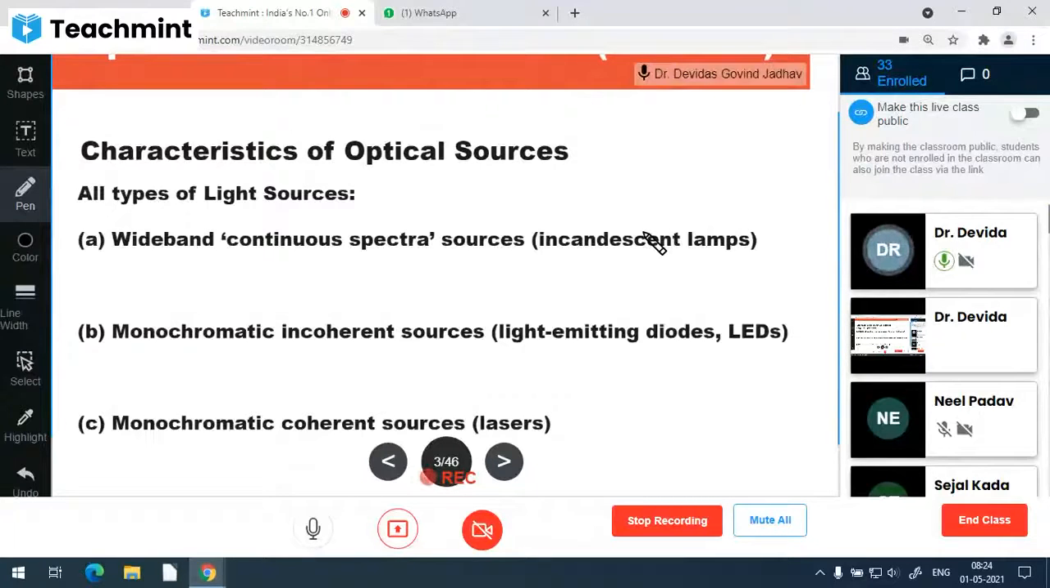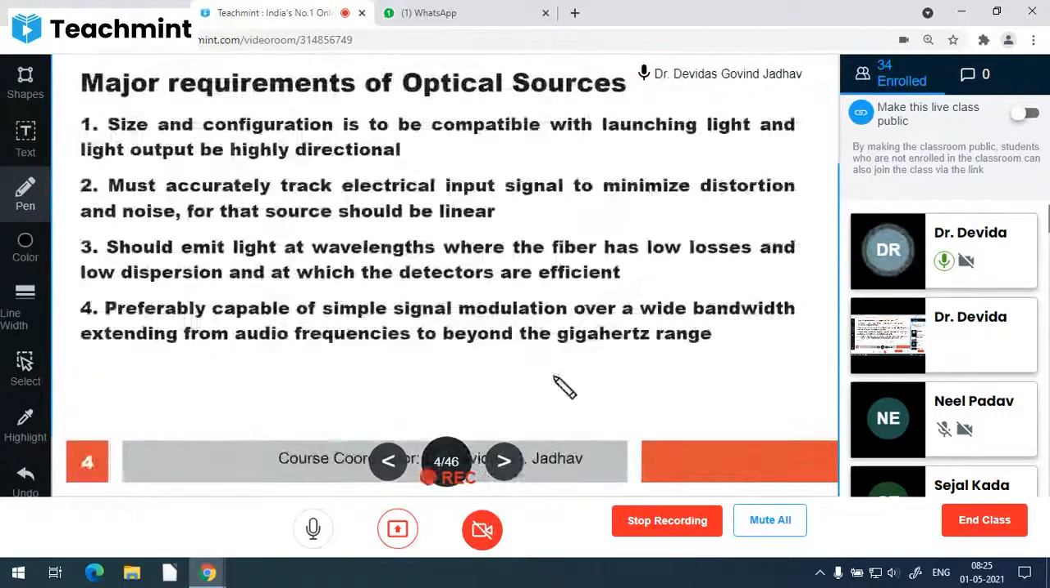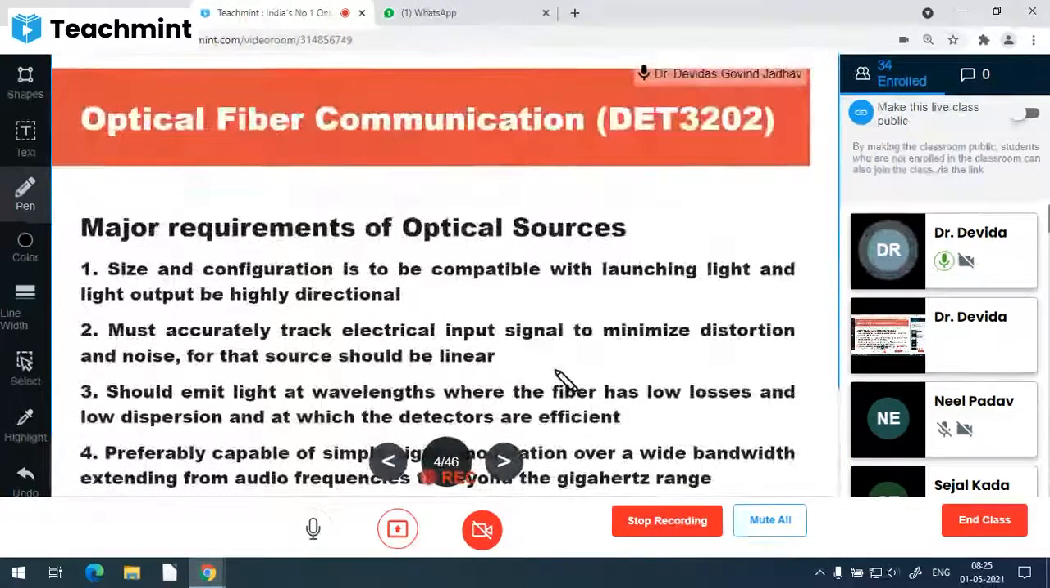Three types of the sources we have seen. Wide band continuous spectra sources are there, for example incandescent lamps. Monochromatic incoherent sources are there, for example light emitting diode. And monochromatic coherent sources are there, for example lasers. The requirements are there for the optical sources, how the optical source should be for the optical fiber